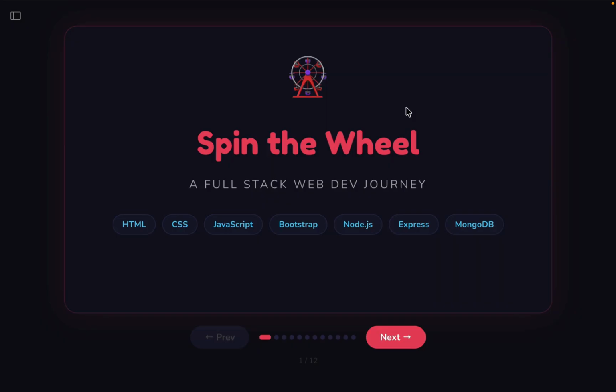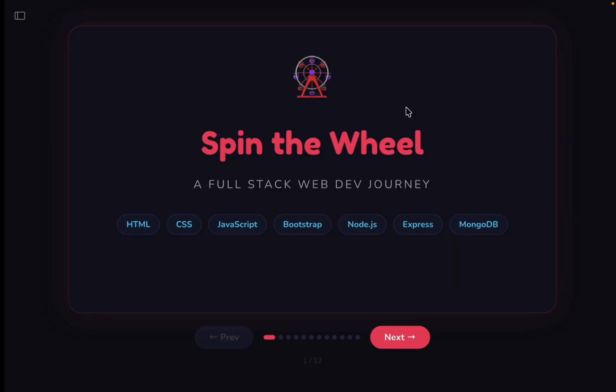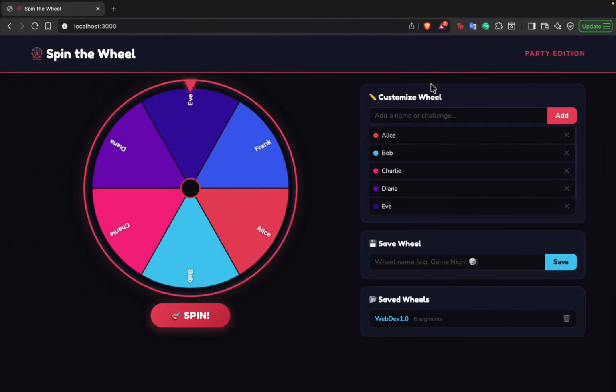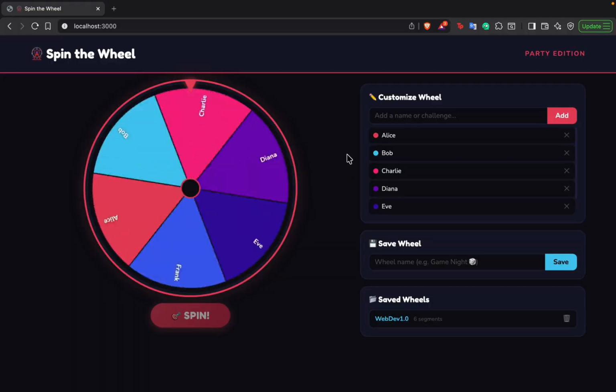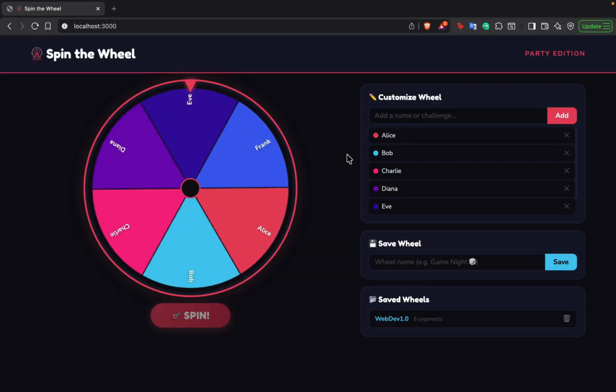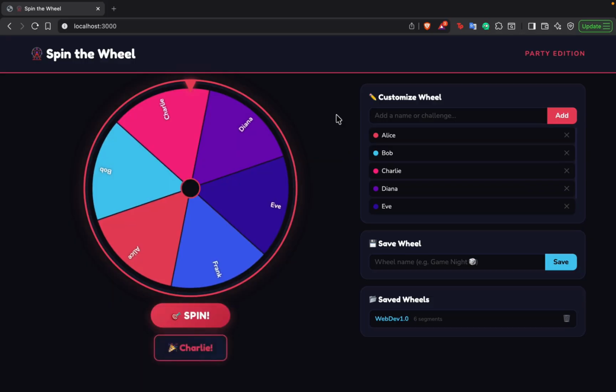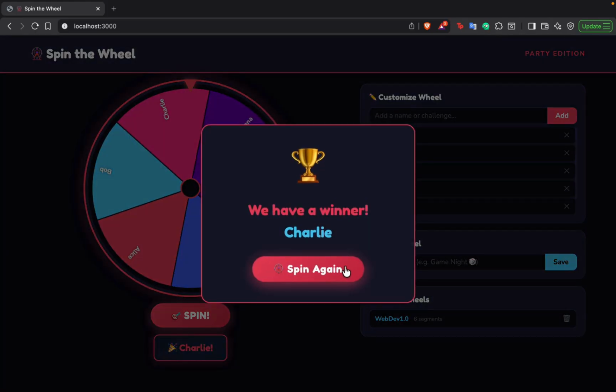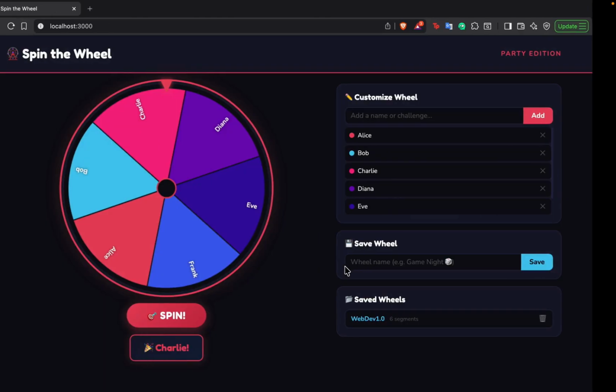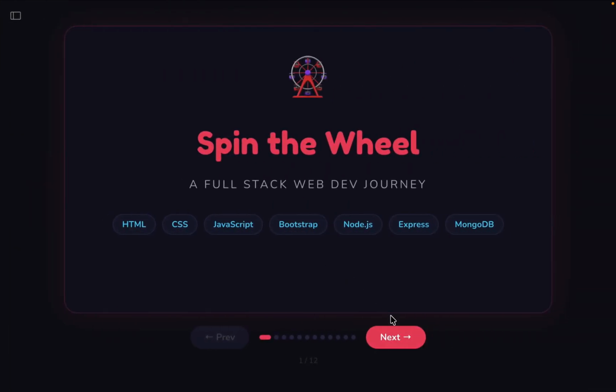And I'm going to be doing this through a real project that I built, a spin the wheel app. The app looks something like this. So you add names that you want and you spin the wheel, and obviously the pointer lands on a single person and that person wins. It's simple, but before we look at any code, let's look at